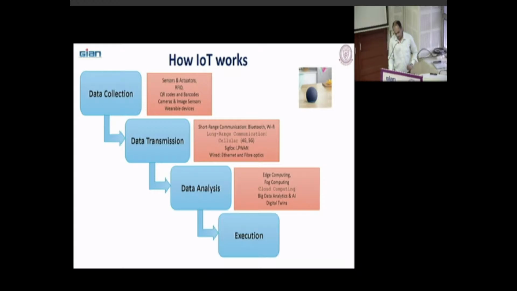Then execution. The last one is execution. Execute whatever you want to do, like actuators, smart home and industrial controllers, automated machines, AI and machine learning models, smart assistants and interfaces. If you look at Alexa, you say, Alexa, could you please turn on the light? Why do you say Alexa? Can't you just say, could you please turn on the light? What does Alexa mean? Any idea? Activation. That is a wake-up word. In order to activate that device, you say Alexa, turn on the light. That is the command you give.